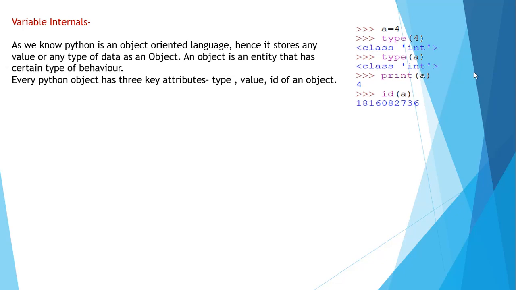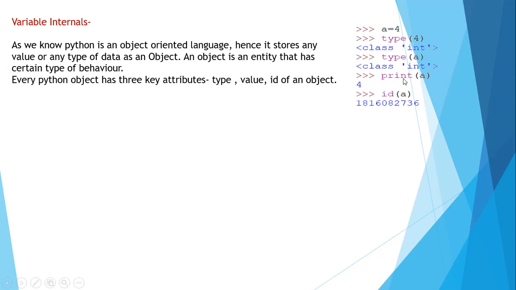Okay, similarly if you would have written a is equal to abc, and abc should be written in quotes. If you are writing abc in quotes, that means that abc is a string, and when you write type of a, at that time it will display class as string. Why? Because anything enclosed in single quotes or double quotes is considered a string. Okay, so here we have not given any string, here we have given a number, so the class is integer. Okay, so this is the type.